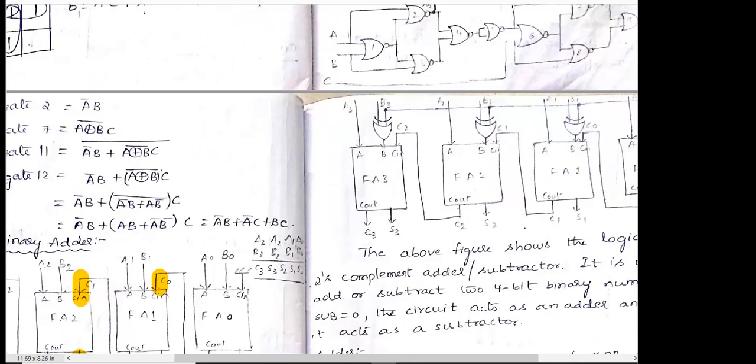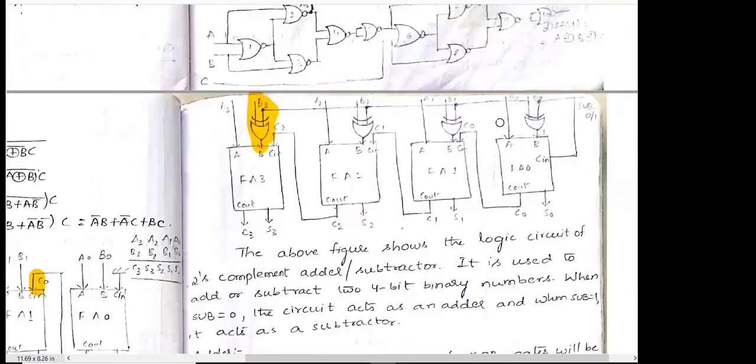In place of B, we are using an exclusive OR gate. See the operation of the exclusive OR gate. At this point, whatever I am highlighting, this exclusive OR gate has one input connected to B3 and the second input connected to a subtract controller, the mode controller. The second inputs of the exclusive OR gates are connected to the mode control. This defines whether to perform the addition operation or the subtraction operation, and the circuit represents the operation with respect to this exclusive OR. Please watch carefully.